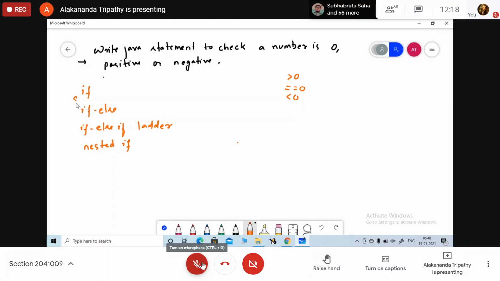So you need to write the program. So among these four, which one will be suitable? Using that one you are going to write your code. Okay. Just write Java statements. Only just write Java statements. All of you clear? Yes, ma'am. So do it.